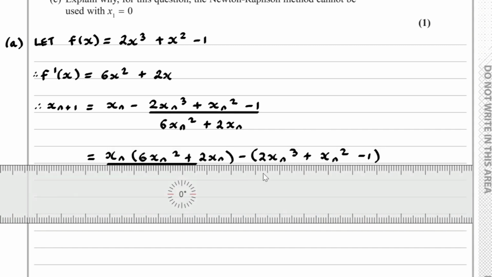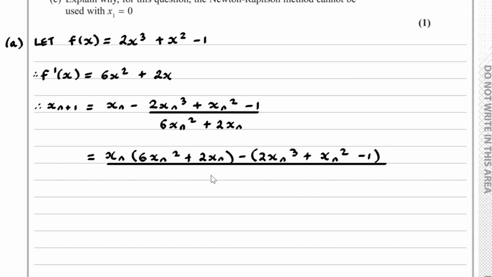And then on the bottom over here, we have 6xn squared plus 2xn. So, expanding, I've got 6xn cubed plus 2xn squared, subtract 2xn cubed, subtract xn squared plus 1,